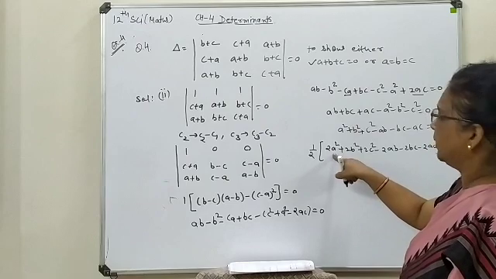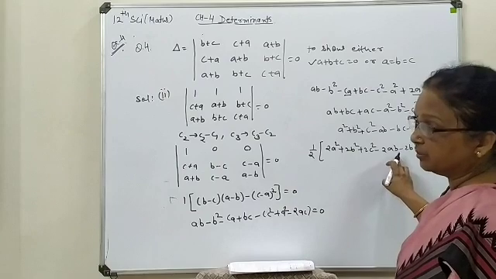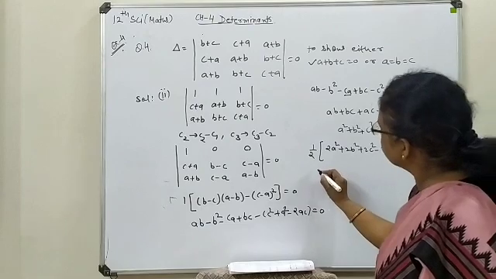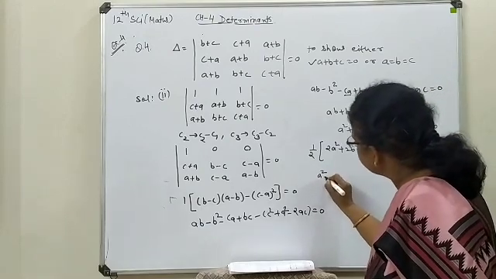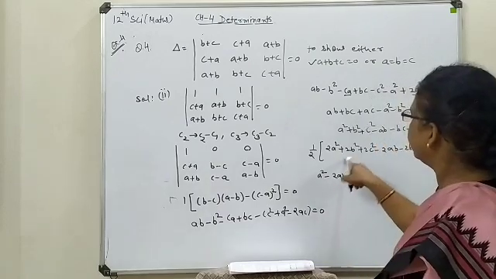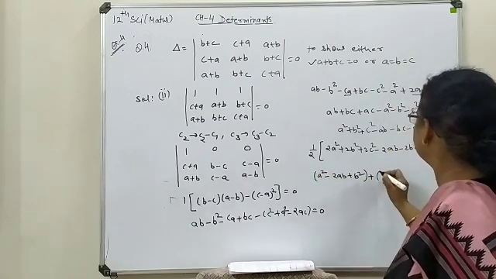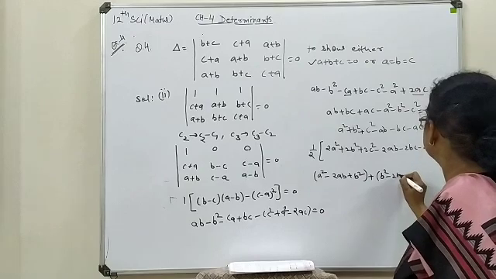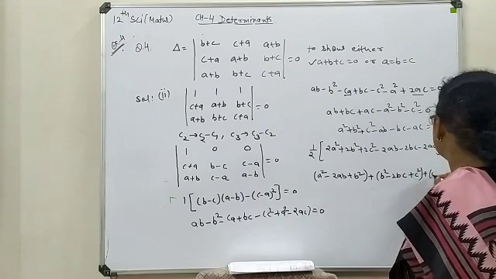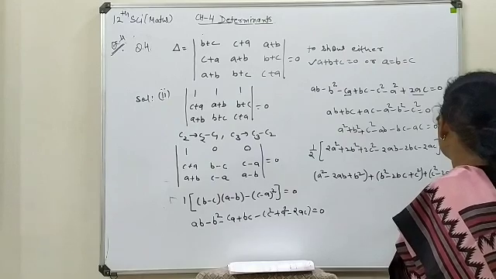Now here A square is 2, B square is 2, C square is 2. In order to take these 3 with a middle term, this combination you can split as 1 by 2, which will be a non-zero quantity. So further, this can be written as A square minus 2AB plus B square. From here and here, one term each we have taken in use. Next is B square, we will take BC as a middle term plus C square, and last, C square minus 2AC plus A square, and that we will write as 0.